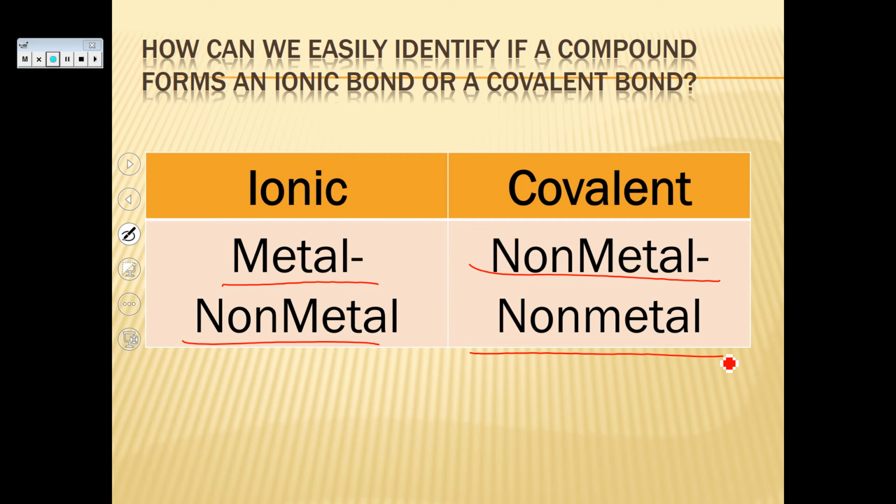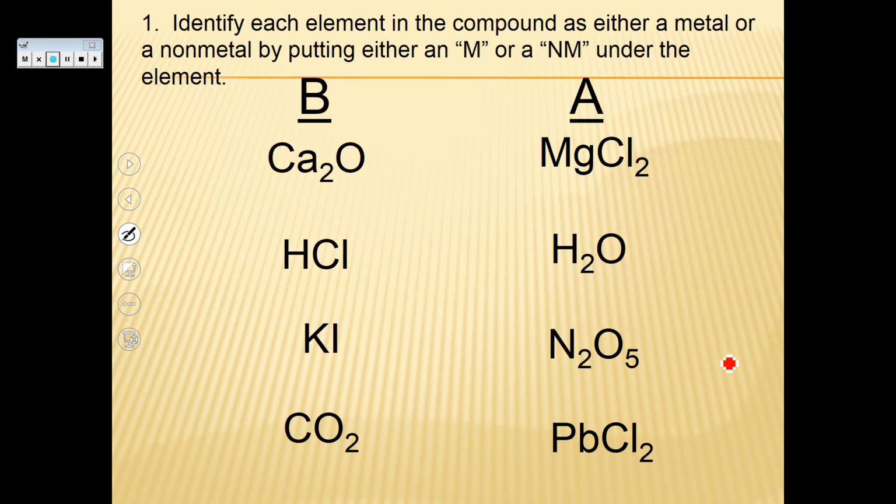And we'll talk about subatomically what that means in a second, but let's just see if we can identify ionic versus covalent compounds by looking at the names and formulas. So here we have Ca2O. The second element, by the way, is always going to be a nonmetal. So to determine whether you have a metal, you really just need to look at the first element. If the first element is a metal, then it will be an ionic compound. So here, calcium is a metal,